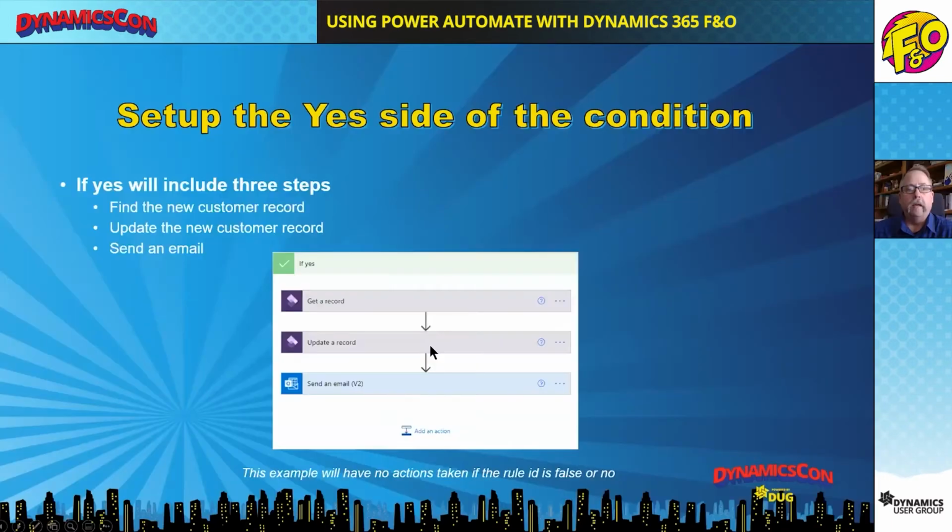But again, I recommend you talk to your IT team, or there may even be another session here at DynamicsCon to talk about virtual entities. If you can turn those on, I'll show you the difference, but then I don't need a condition. So now I simply am going to tell Power Automate what to do. So it's going to see what customer you just added. It's going to update that customer by putting them on credit hold, and then it's going to send an email